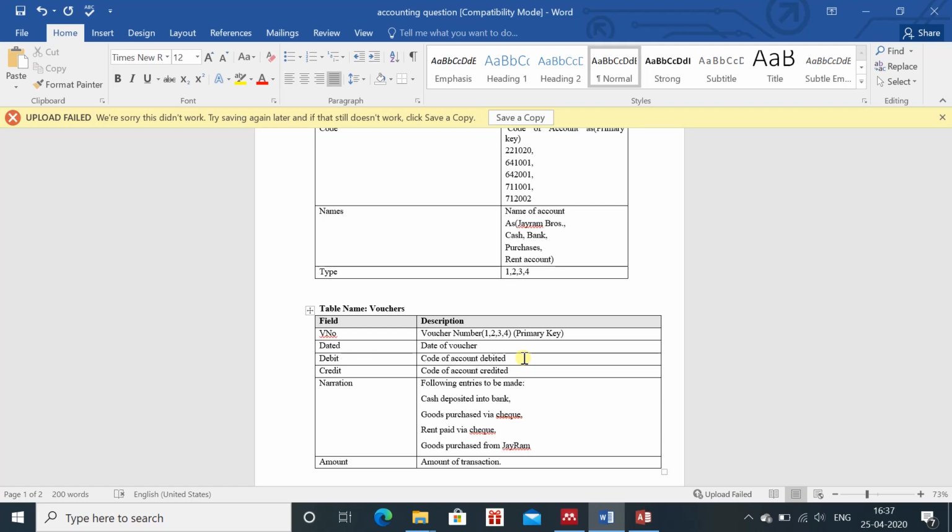But as we are not entering the journal entry directly in Access, we have to write which code we are debiting and which code we are crediting. So cash deposited into the bank is increasing, so our cash is reduced: we will credit the cash and debit the bank, as the bank is increasing.